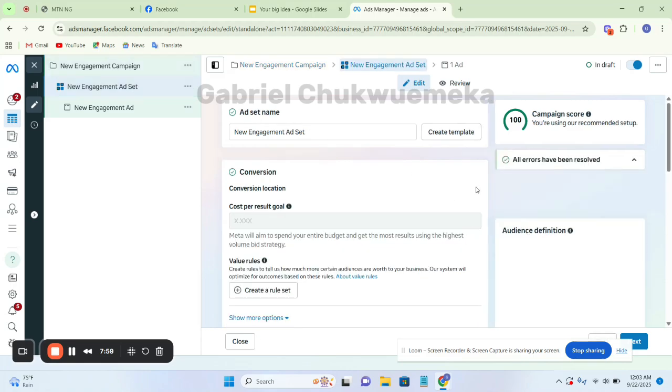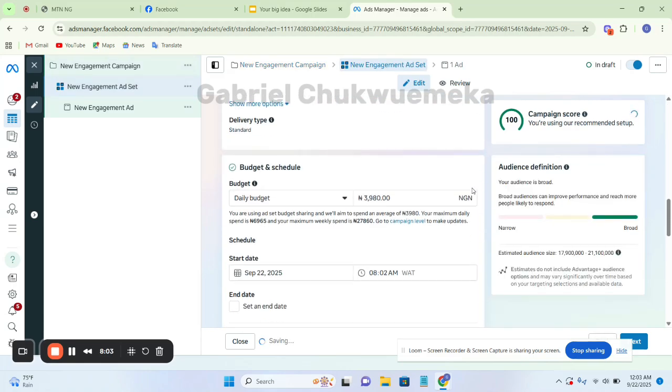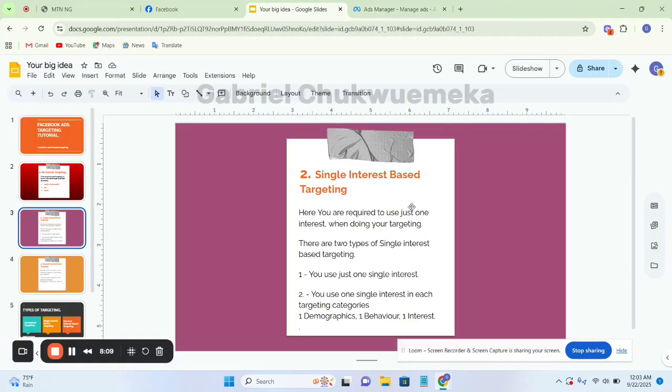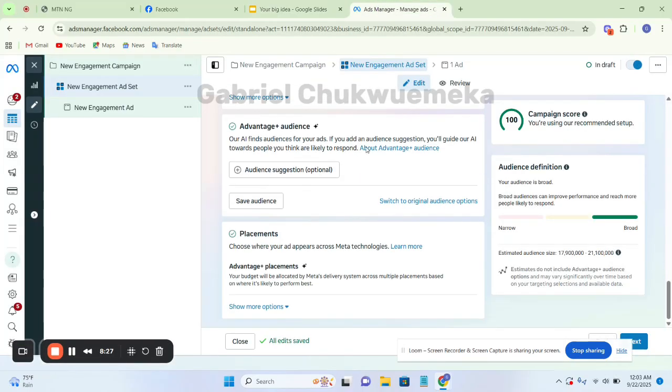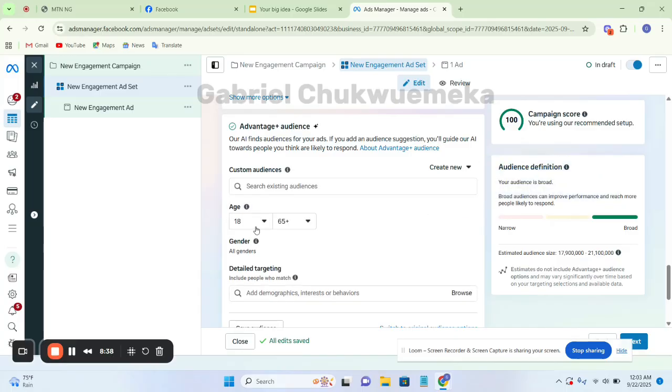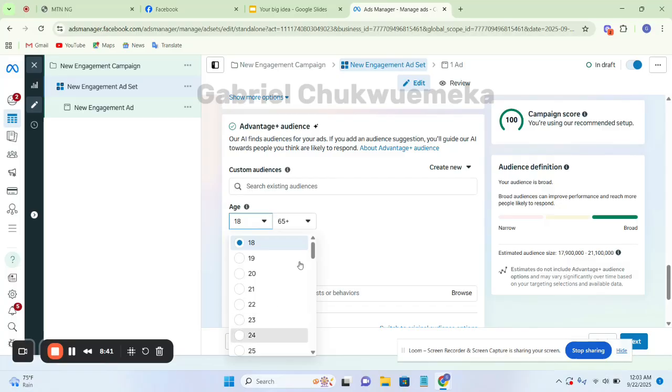To the ad set. Now the targeting, right? So now in this number two, single interest based targeting, here you are required to use just one interest when you're doing your targeting. Here in this single interest based targeting, there are two types of targeting. The number one, you just use one interest only. For example, let's say I want to run ads for that cake training, the dessert training, and I put in my age, say